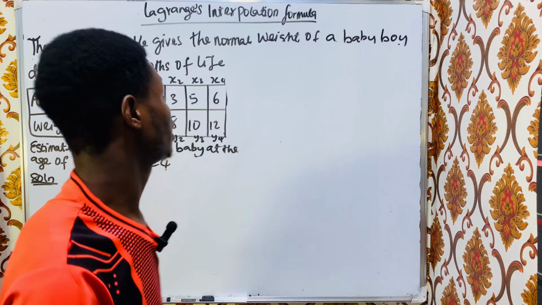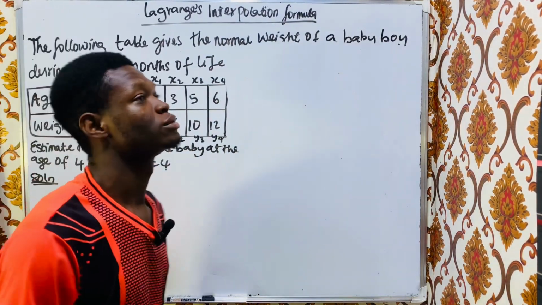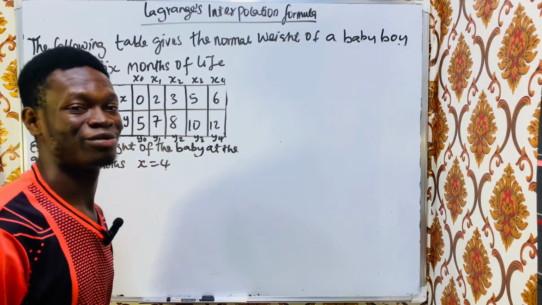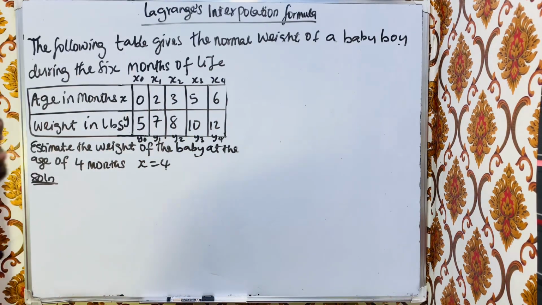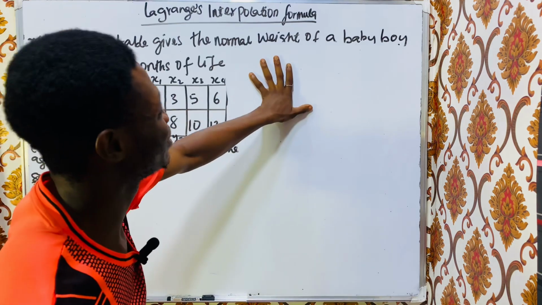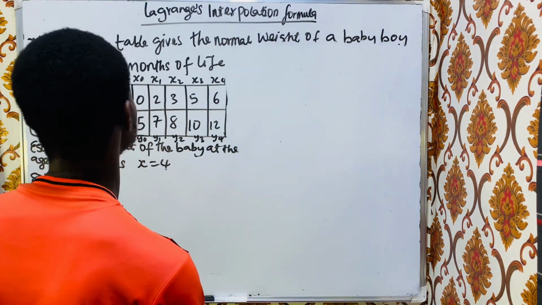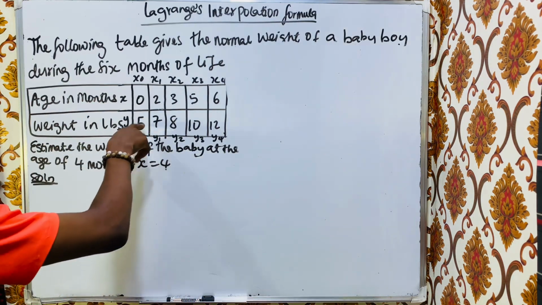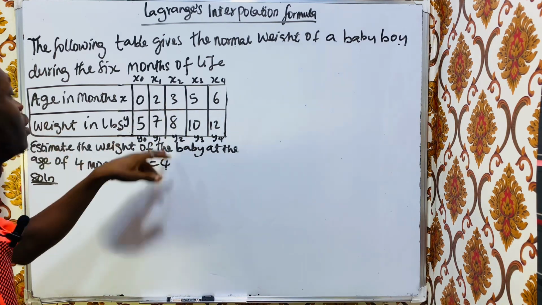Welcome back. So we are now on Lagrange's interpolation formula. If it was to be my classmate that would pronounce this, they'll call it Lagrange's formula. So the following table gives the normal weight of a baby boy during the first 6 months of life. When it was 0 months, the weight was 5 pounds, then 2 months, 7 pounds, and the